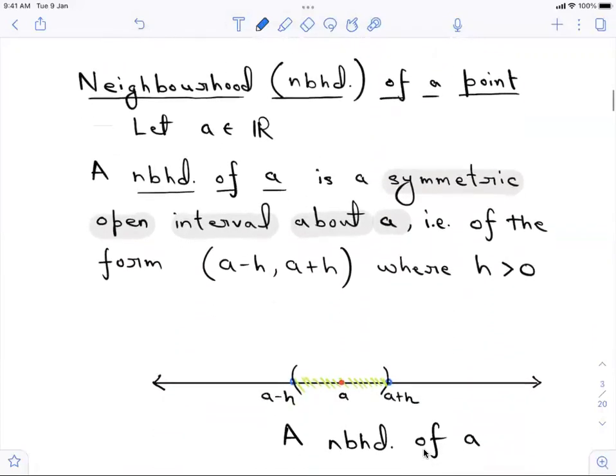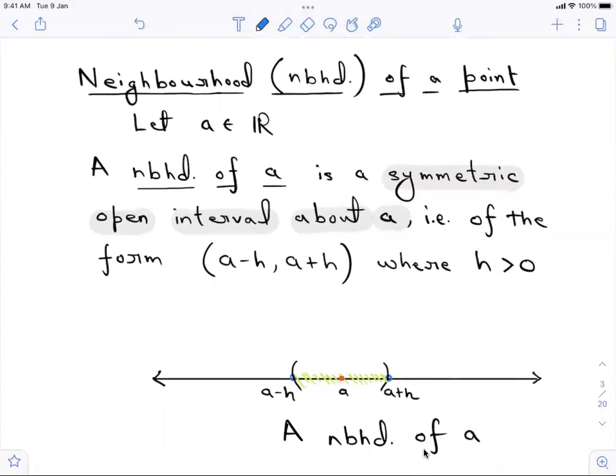Another very important example of an interval is a neighborhood. So what is a neighborhood? So we talk about the neighborhood of a point. In short, I'm going to use NBHD to denote a neighborhood. If A is a real number, a neighborhood of A is just a symmetric open interval